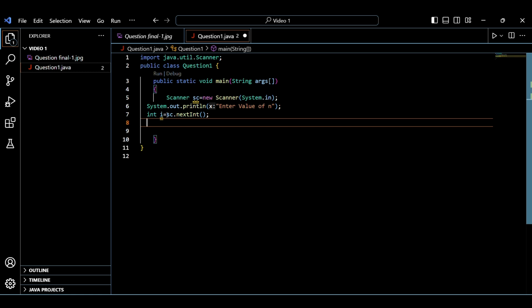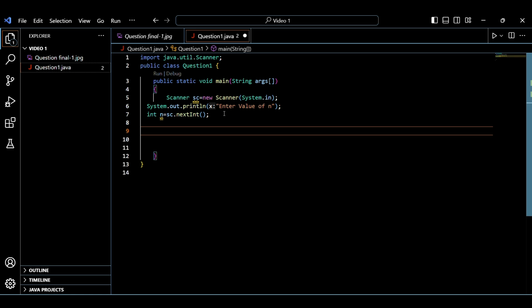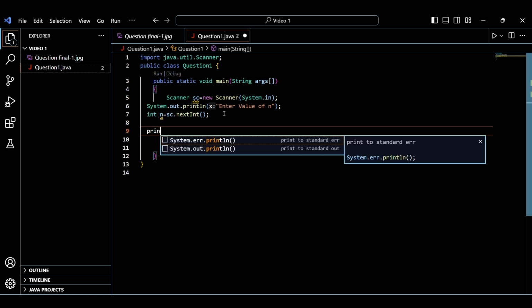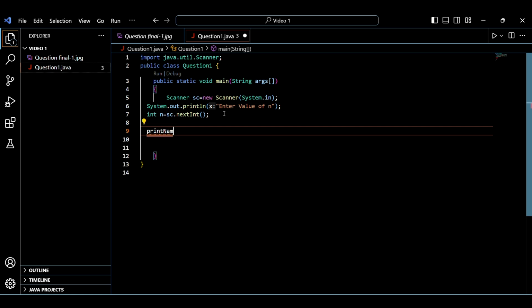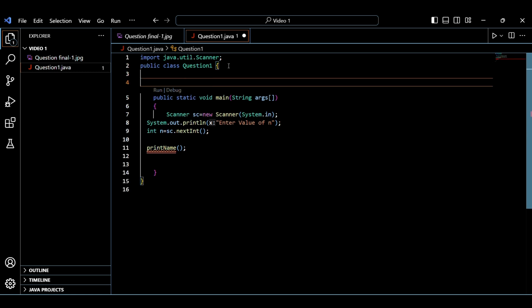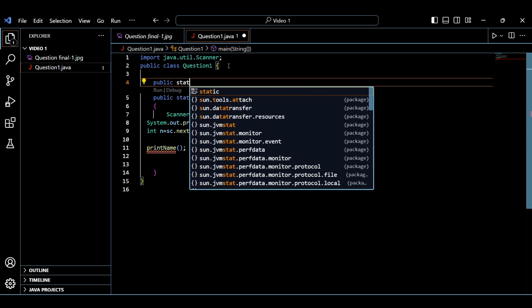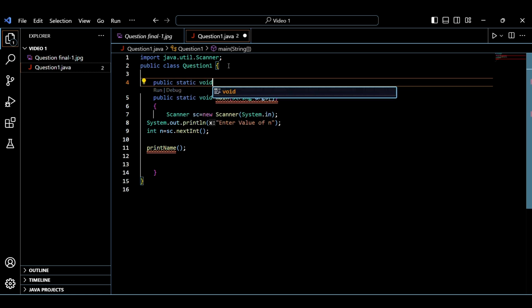And now we will call a function. So let's first call the function, which is printName. We have to call this name, but we have not created any function. So first create the function: public static void. Your return type is void because we don't need to return any value, we are only printing the name. So printName,